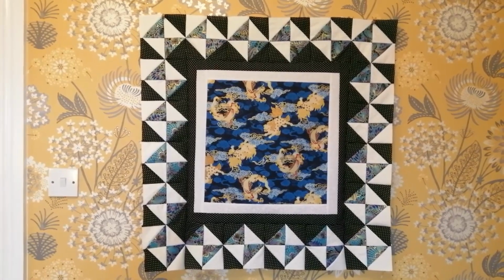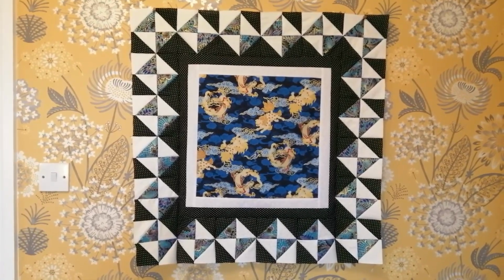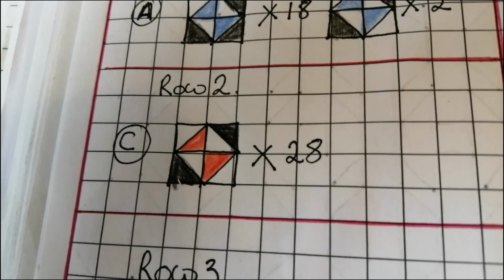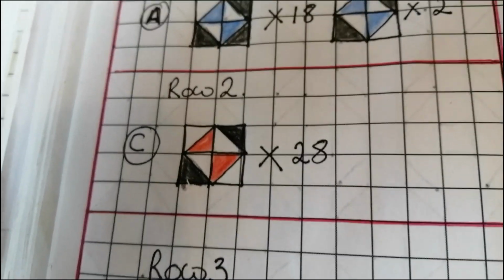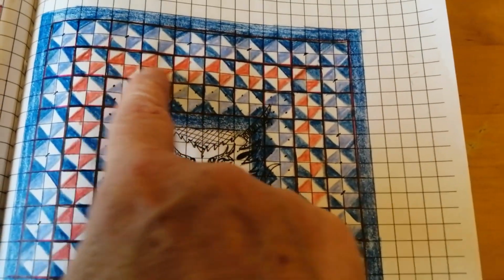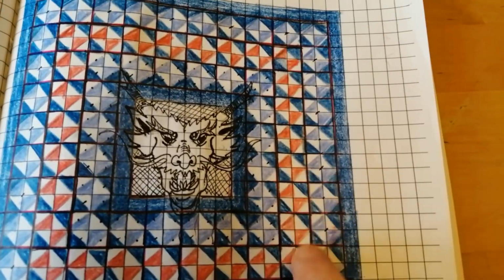And so now we're going to go on round 2, and every block in that is exactly the same. So that's a really easy round to do. I'll show you that. So for round 2 we have 28 of those blocks, block C, all identical. And so they fit across the top and the bottom and the sides. So I'm going to sew 6 together for the top, 6 together for the bottom, and then 8 for the